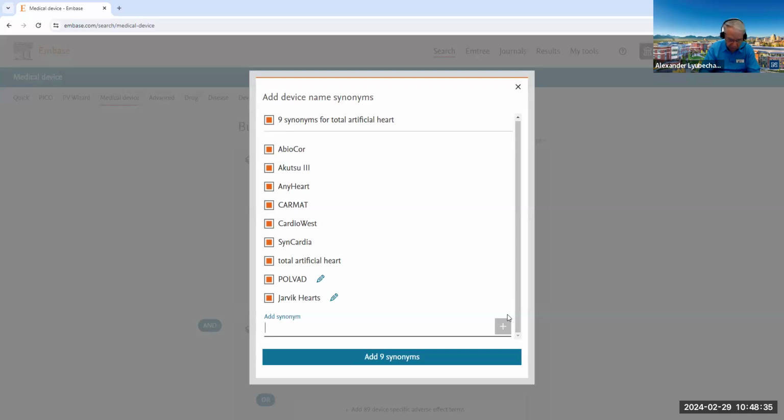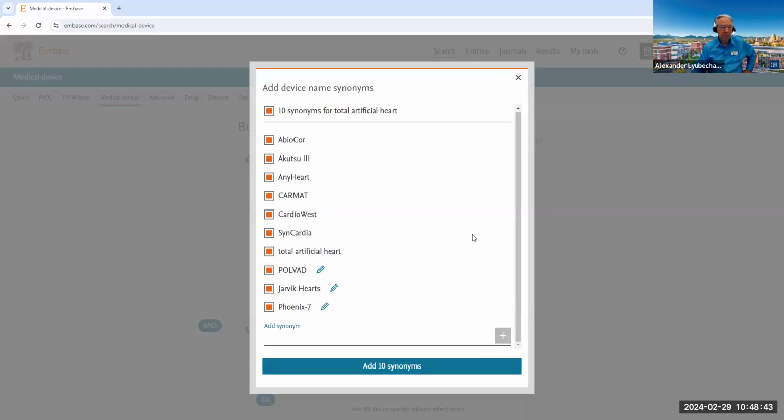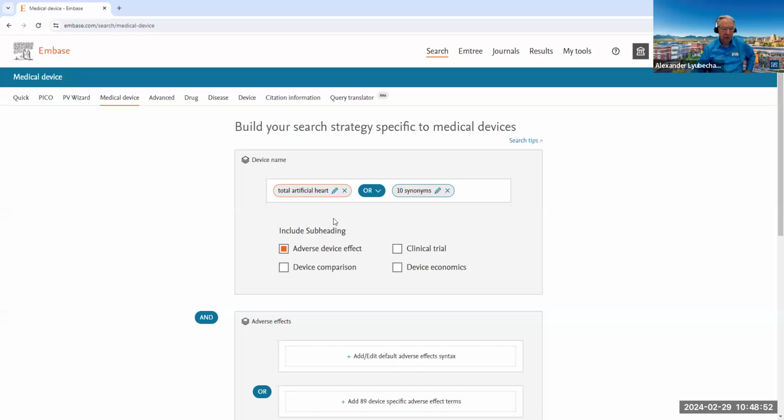And I know another brand which is called Phoenix 7, I think. Let's see. So now instead of 7 synonyms that came up by default, I have 10. I can add them. So I have now what it will be searching for: total artificial heart